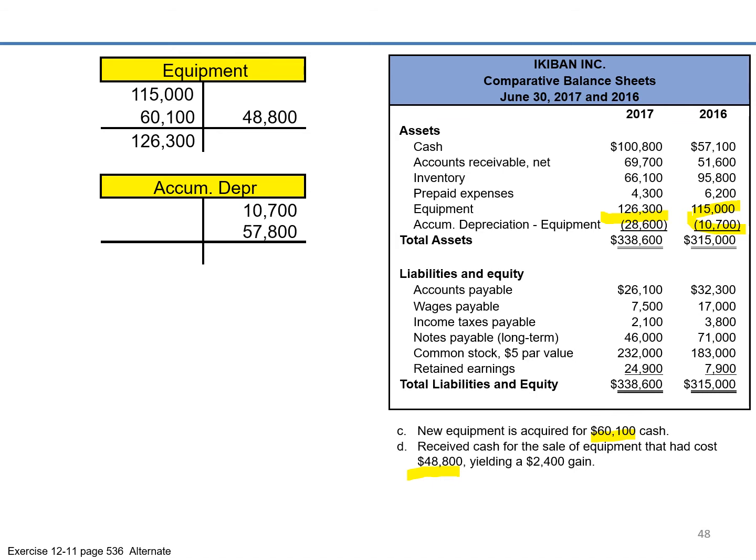And we knew that the equipment that we sold had a cost of 48.8 and it yielded a gain of 2,400, which means the net book value must have been, well, let me write it out. So sold it for cash. So cash we got. Oh, we don't know. We had cost. So our equipment that we removed from our books